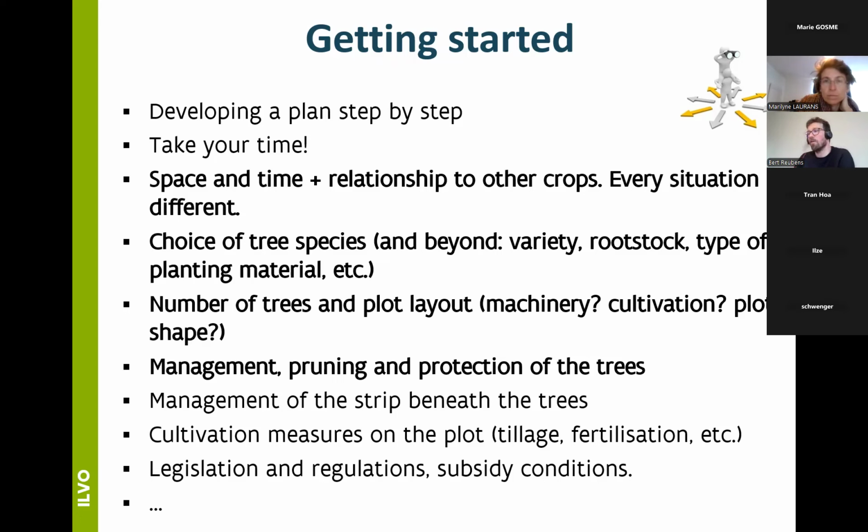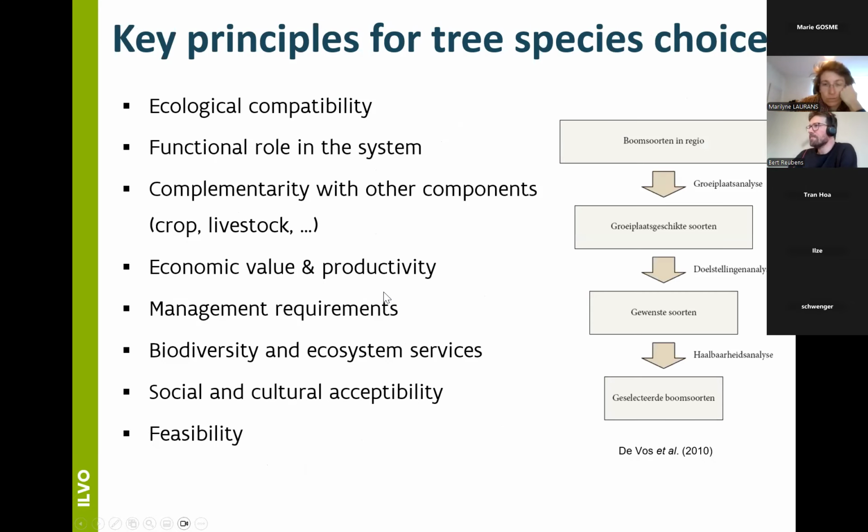It's about other cultivation measures you take on the plot, like tillage, fertilization, and so on. And in a specific context, you also need to take into consideration the legislation, the regulations, maybe subsidy conditions or prerequisites if you are aiming at a certain subsidy. So these are things to take into account.